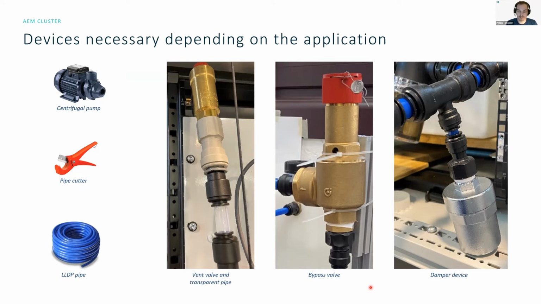Then you have a bypass valve. This is also recommended because it allows you to have a closed cooling loop. We will see that in a second. And a damper device to avoid this water hammer. You can imagine you have several electrolyzers closing the valves at any time. This might also be somewhat random. It is very difficult to match that to each other, and then you have very uneven flow rates all the time. To avoid this water hammer, it is very useful to have a damper device.